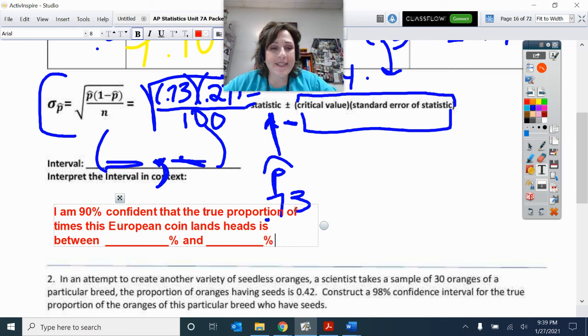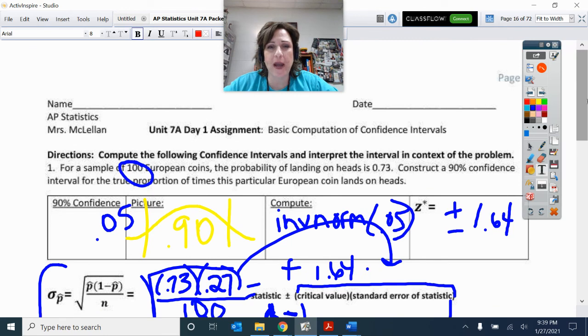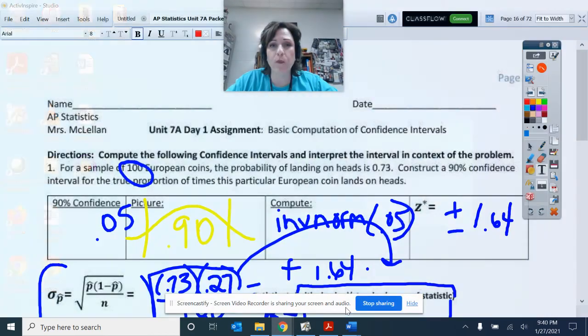All right. And so now you're going to create a few more of those and go through the motions of creating those. I think there's two pages. All right. So, in summary, that was a big lesson. That is your confidence interval, what it is, what it does for you, things that are involved, computation, and this is just the start of getting the ball rolling on inferences in statistics. All right. I will meet you back here tomorrow and we'll finish the lab and talk about some more components to it.